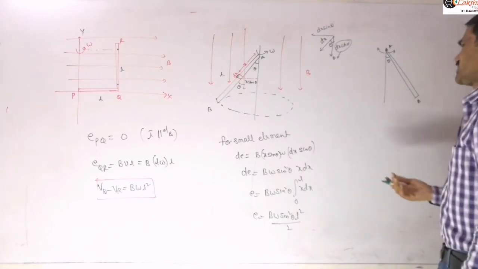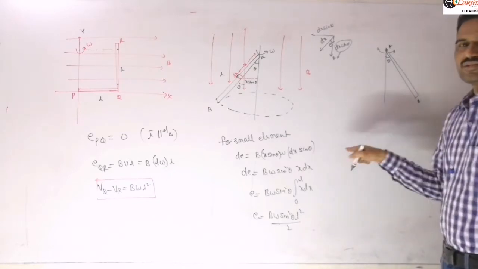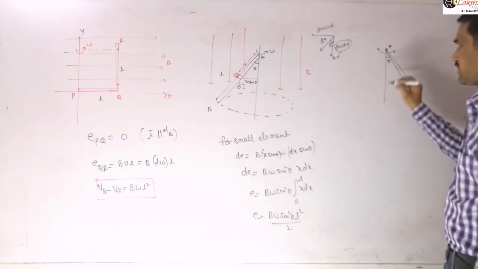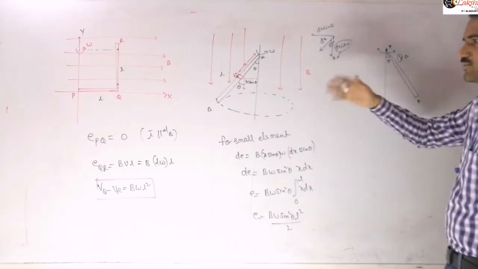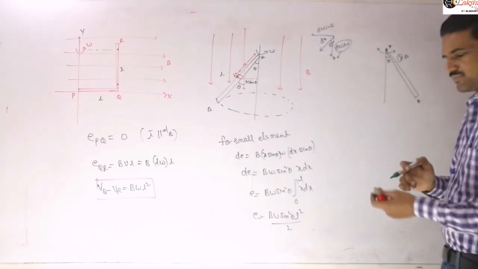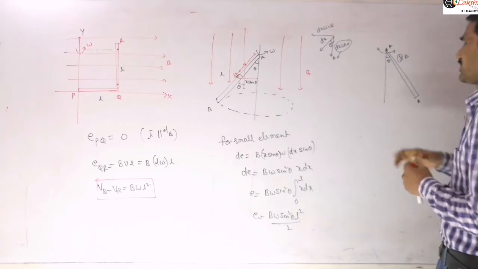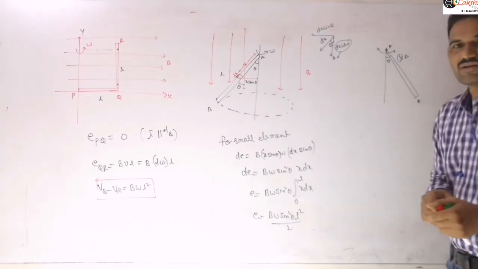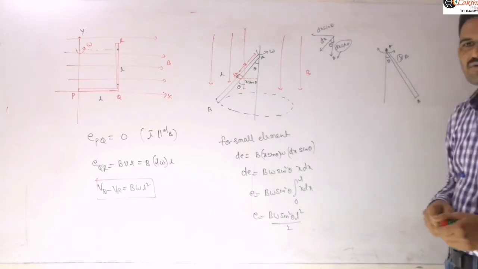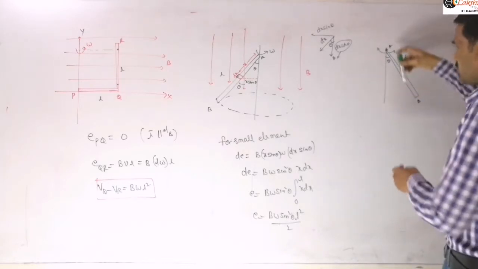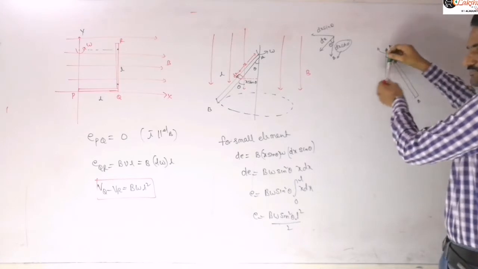Now here you may consider the magnetic field either into the plane, or you may take it like this also. Both cases you can calculate, because even if the field is into the plane, the velocity and magnetic field are not parallel to each other. The velocity is along this direction, perpendicular to this rod. Is it clear? Now the rod is oscillating like this.